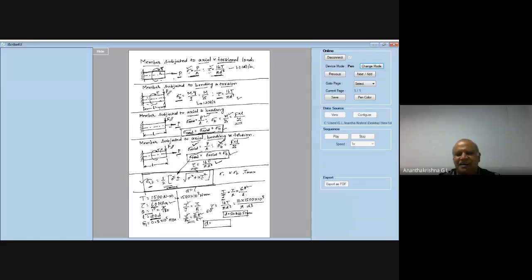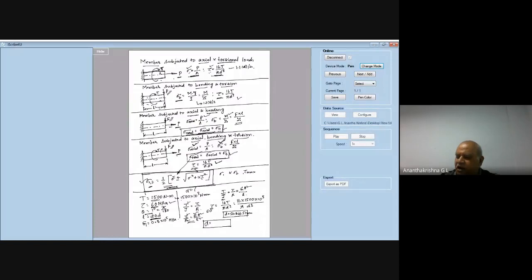Sir, is the first D value in meter or millimeter? Diameter 50 meter, if you take, what is going to be 50 meter? I've converted Newton meter into Newton millimeter by multiplying it by 10 power 3, so keep that in Newton millimeter. In megapascal, again it's Newton per mm square. G is again Newton per mm square. So what you get is millimeter only.